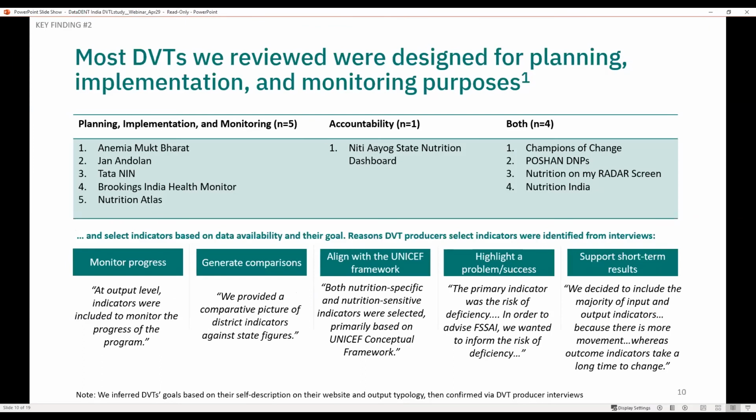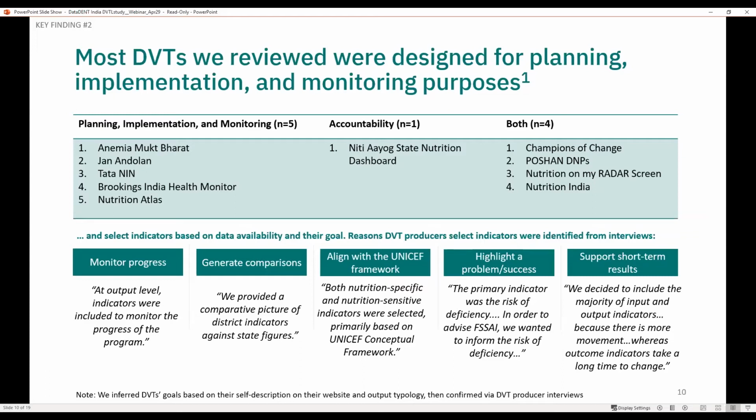And looking at the goal and purpose of DVTs, we found that the majority of DVTs were designed to support planning, implementation, and monitoring. 5 out of 10 DVTs had planning and implementation monitoring as goals, whereas the Niti Aayog State Dashboard was meant for accountability. 4 DVTs have both planning and implementation and accountability goals. And we inferred these goals based on our criteria and the self-description on their website and output typology, then confirmed